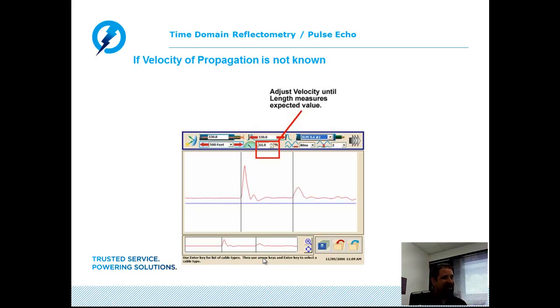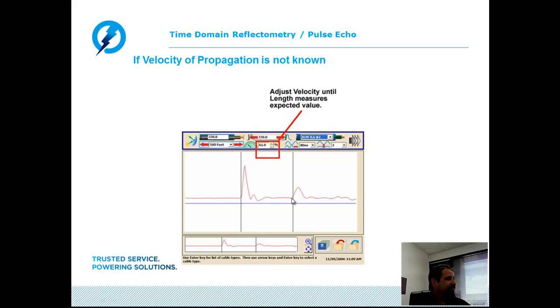Two different velocities. How do we get a good velocity of propagation for the overall cable and make accurate measurements? Well, another technique or trick that you can use is when you're viewing the cable on the pulse echo device, if you can find the end of the cable, and sometimes you can validate that you're looking